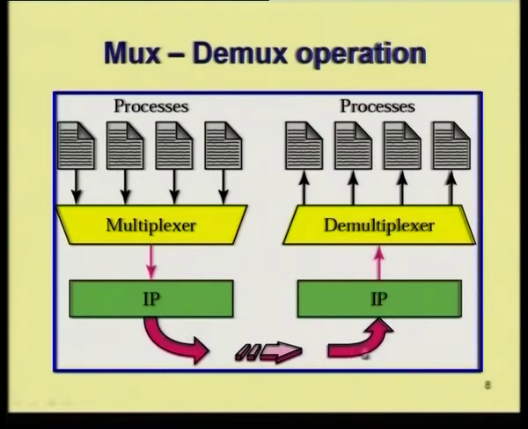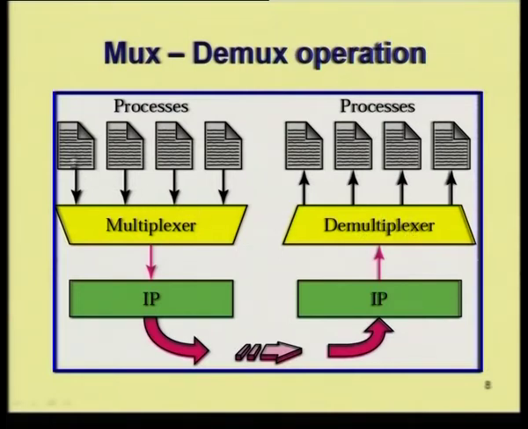Now on the other side, the IP layer at the other end passes it to the transport layer here, and the transport layer at the receiving end does the job of demultiplexing. Demultiplexing takes this data from here and sends it to one of these processes. Which process is sending and which process is supposed to receive it has to be done correctly by TCP,